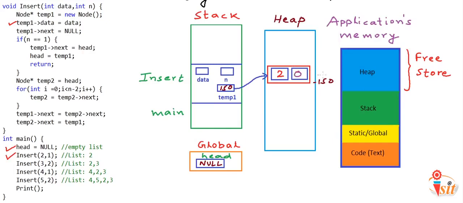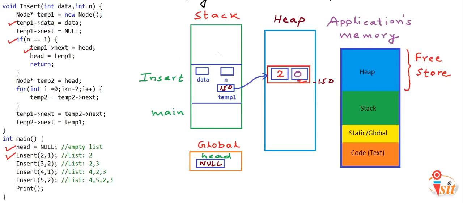So we have created a node, and in our first call n is equal to 1, so we will come to this condition. Now we want to set temp1.next equal head. temp1.next is this second field, and this is already equal to head. Head is null here, and this is already null. Null is nothing but 0. The only reason setting temp1.next equal head will work for the empty case is because head would be null.